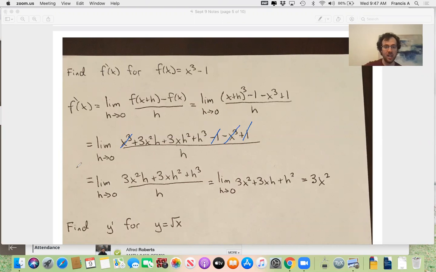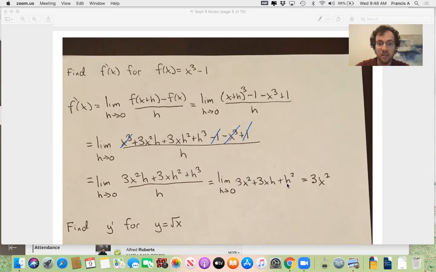If you do have an h, then what's going to happen is now all of these h's, when we divide by an h, we cancel 1 h from everything. So 3x squared times h, that has 1 h, it cancels, so we have just 3x squared. 3x h squared has 2 h's, so when we cancel, there's 1 left. H cubed has 3, so when we cancel, there's 2 left. So we again cancel this h on the bottom, and then